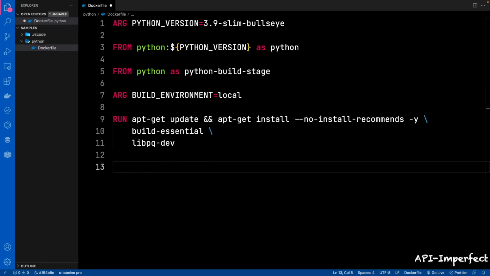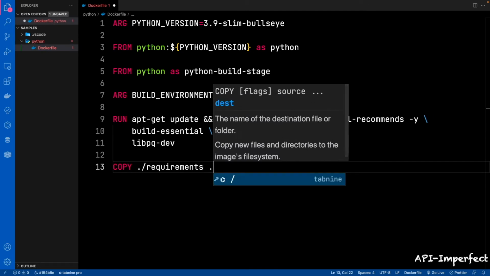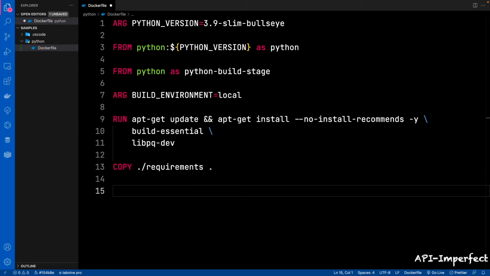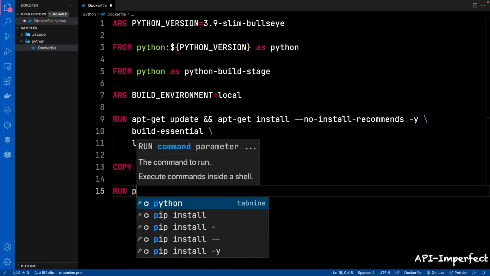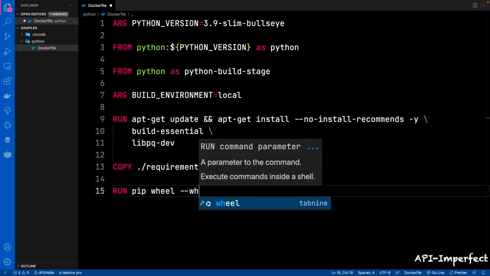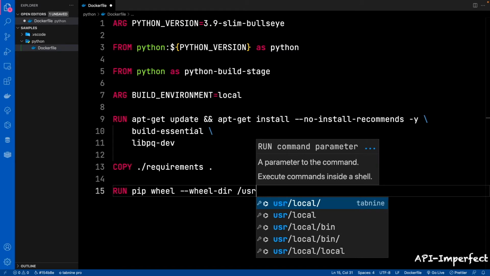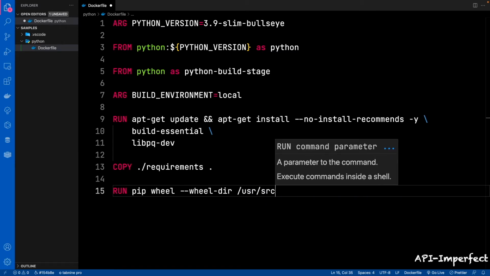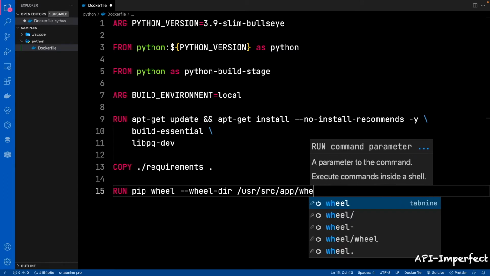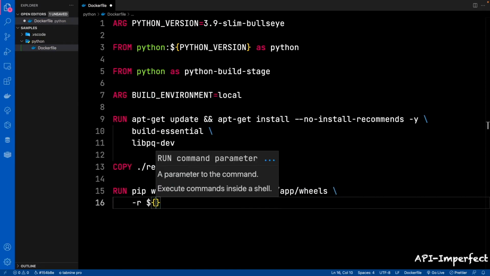And then we can now install our requirements. So you can say COPY ./requirements to the working directory. That's dot. Then we're going to create Python dependency and sub-dependency wheels. So you can say RUN pip wheel --wheel-dir /usr/src/app/wheels, and you can say -r, bring in the build environment